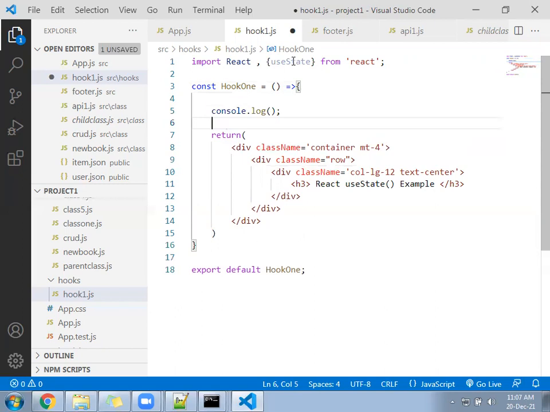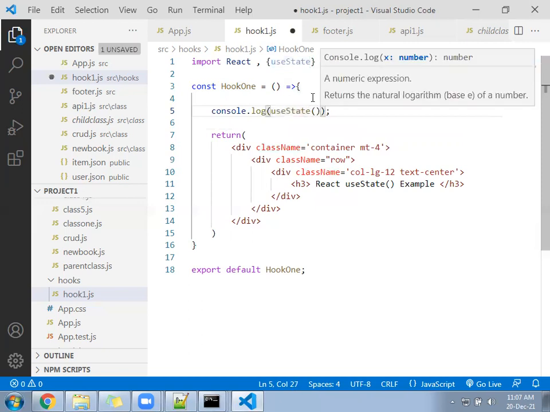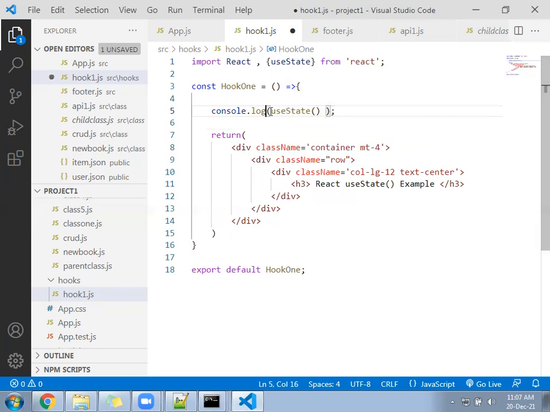Use state is a function. So we are going to call here the use state and understand what is going to come in use state. Use state is ready.